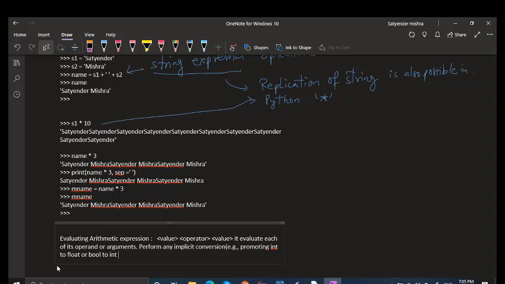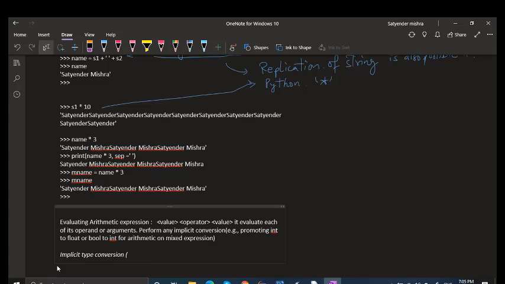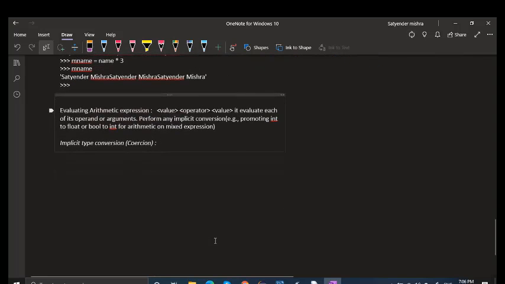This is for arithmetic on mixed expressions, and it will compute the result based on the operator. So let me talk about implicit type conversion, the topic I want to jump to. Here one data type will be converted to another type.